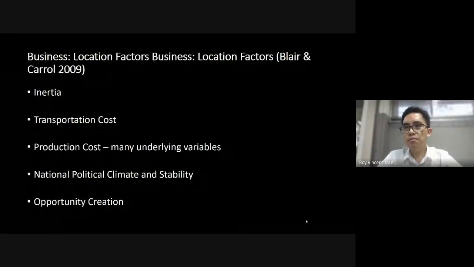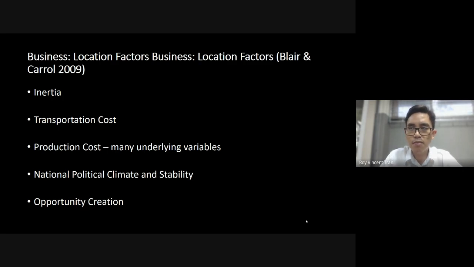Okay. So as mentioned before, it's kind of fitting that inertia is the first location factor because I think we can all see it, whether you're in the Philippines, Australia, or America. It's hard for stable companies to locate out because they already have their consumers and workers there. Also, being profit oriented, meaning they want to make profits, and risk averse, meaning they don't want to take any risk, really encourages businesses to stay where they are.